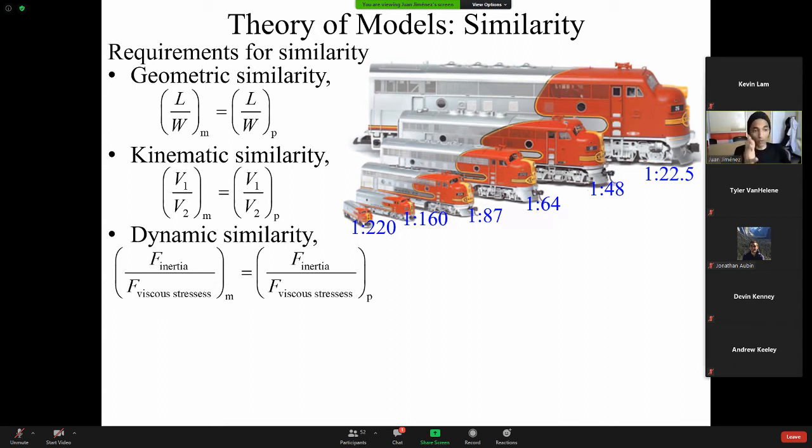Or Strouhal number, or all the different numbers that we looked at in that day in class. I had a table with all the different dimensionless numbers on there. You have to match them for the two problems in order to have similarity in this flow field. If you do not, and many people, unfortunately, have done this throughout history,